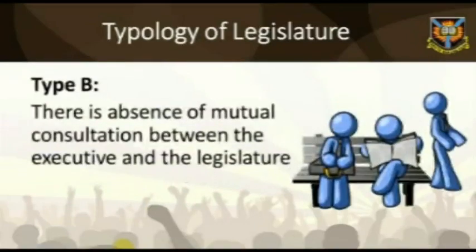Type B. Here, we have the legislatures in which there is absence of mutual consultation between the executive and the legislature. The executive often uses party platform to evoke conformity among the members of the ruling party in the parliament. The party usually comes in to do the yeoman job in the parliament by prevailing on the party representatives in the parliament to do the bidding or request of the executive. This situation often results in the subordination of the legislature, particularly when the party that controls the executive also has a majority seat in the parliament.